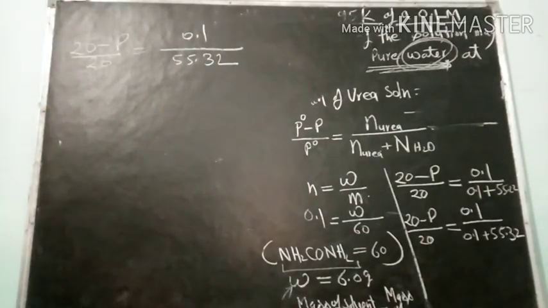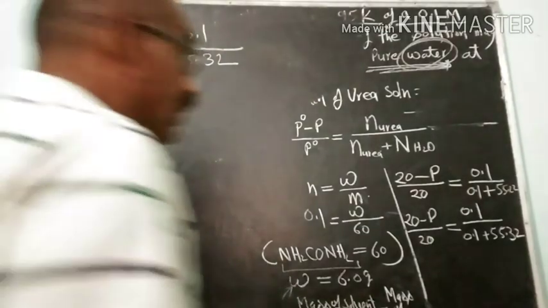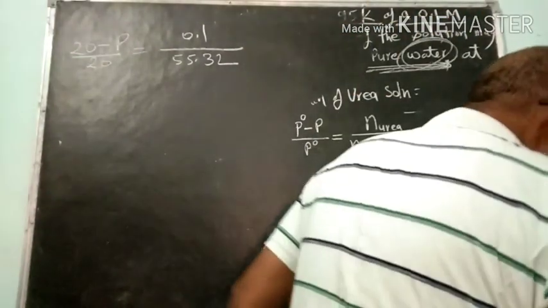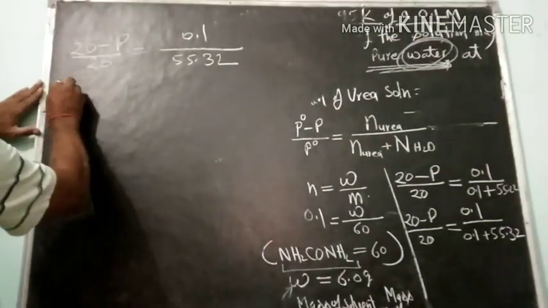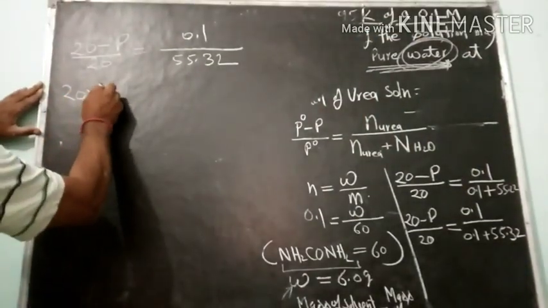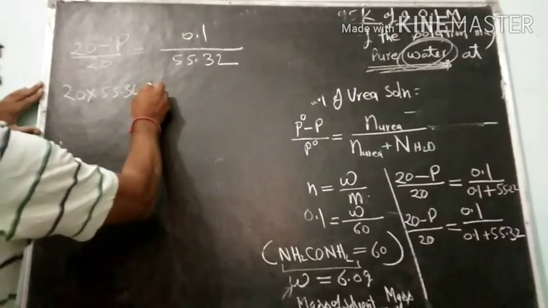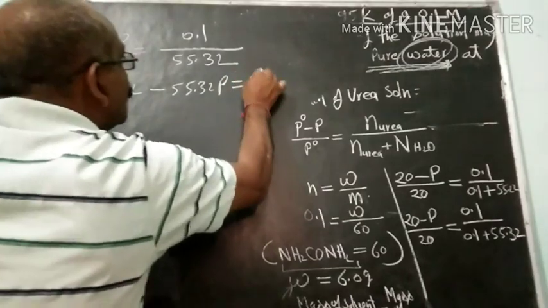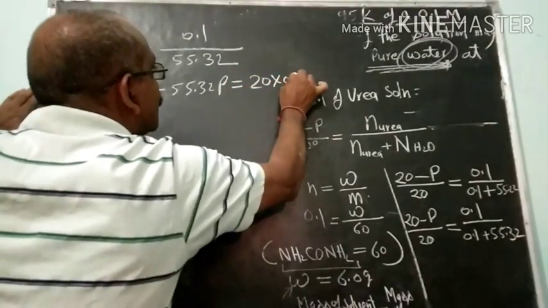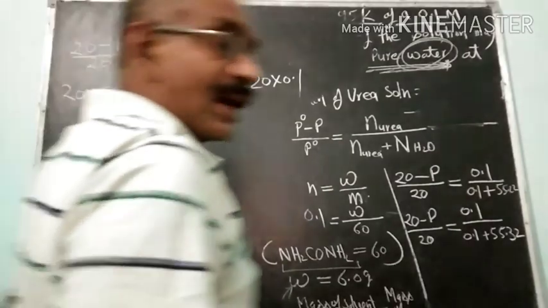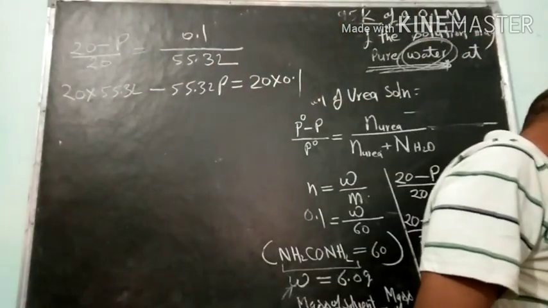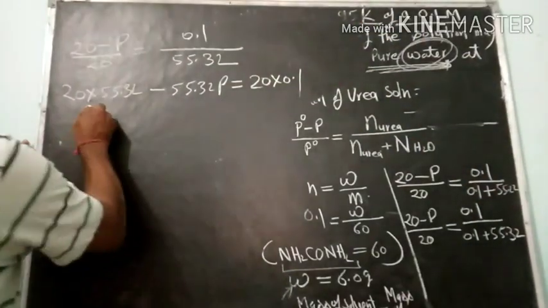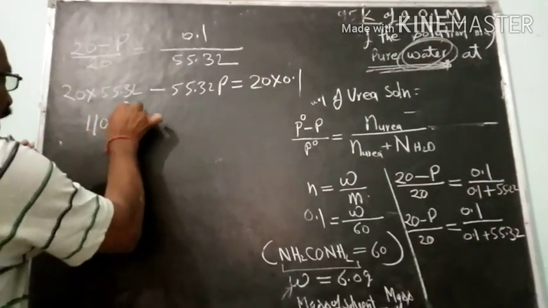Now solve this expression, so you will get 20 multiplied by 55.32 minus 55.32p equals 20 multiplied by 0.1. So when you multiply this, it comes 1106.4